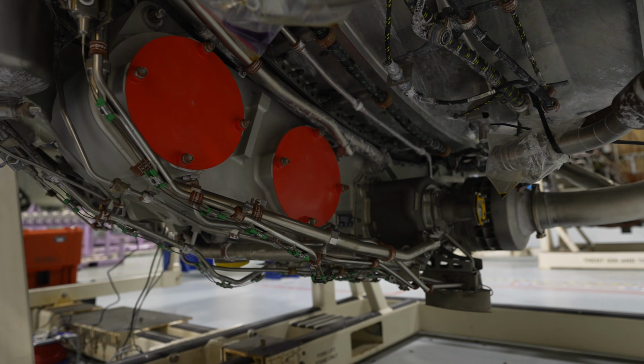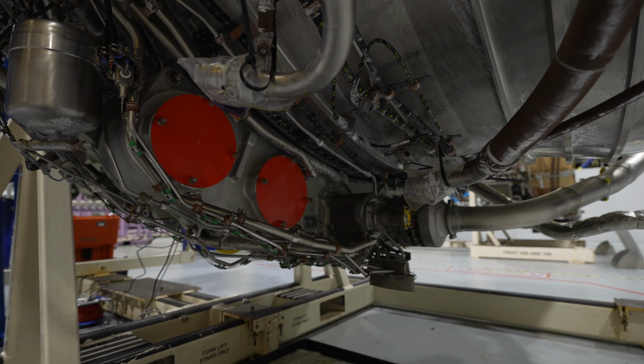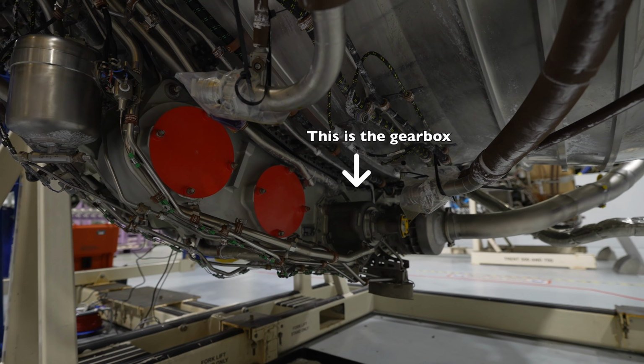So that would be how you start the engine with an air start or power off takes for electrical power